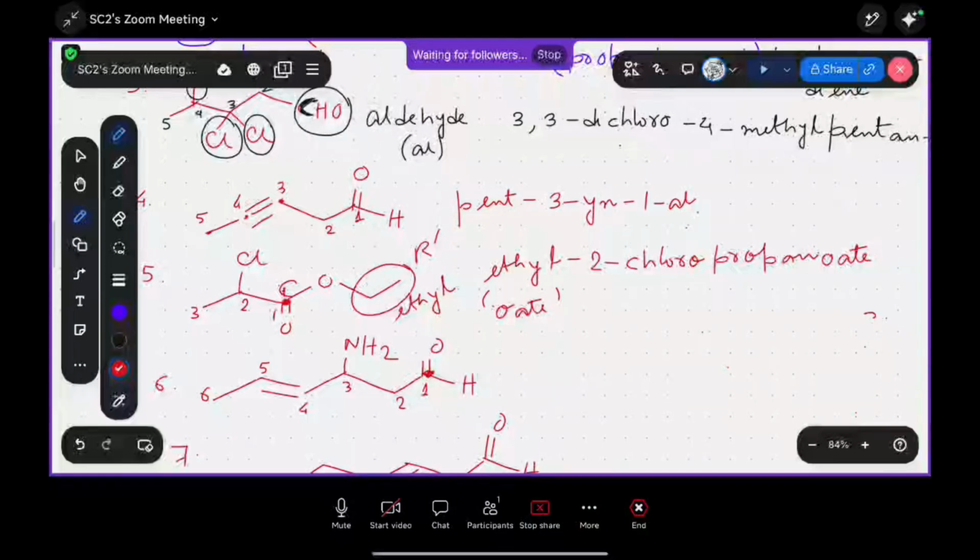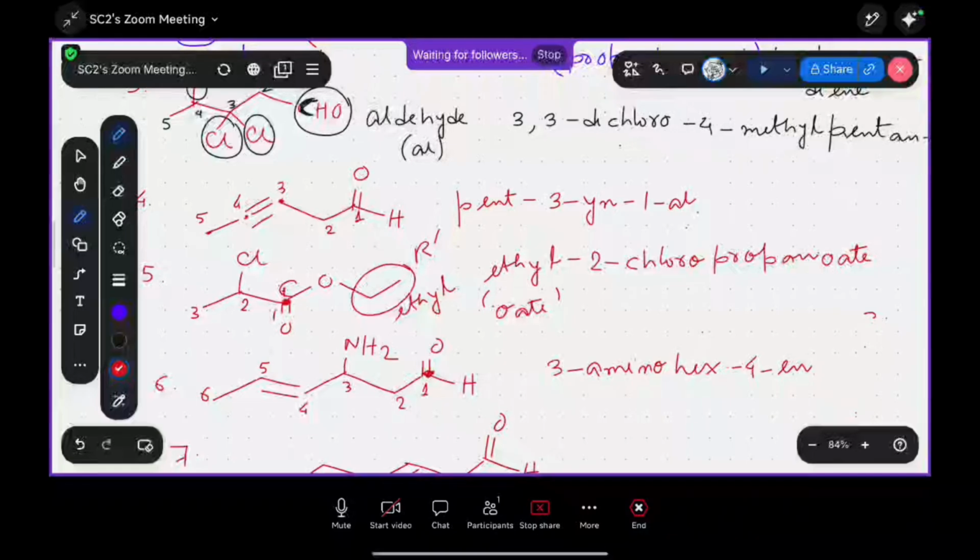So that means this is 3 amino. For the NH2 group, we use the prefix amino. So it is 3 amino. Then no more side chain. It is 6 carbon atoms, so hex. 3 amino hex, 4